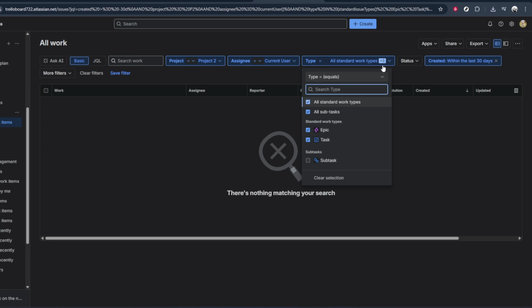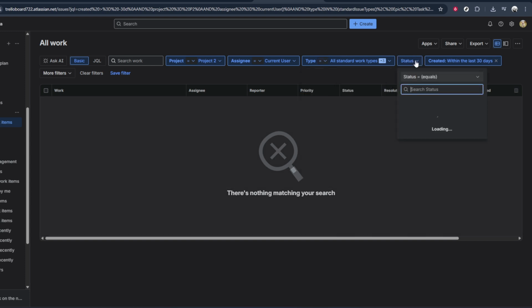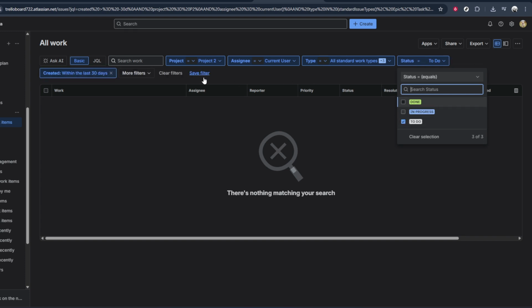If you're comfortable using Jira Query Language or JQL, you can switch to the advanced search mode and type your query directly for more precise control, like filtering by date ranges or custom fields. Once you're happy with the filter criteria and the results look correct, save your work by